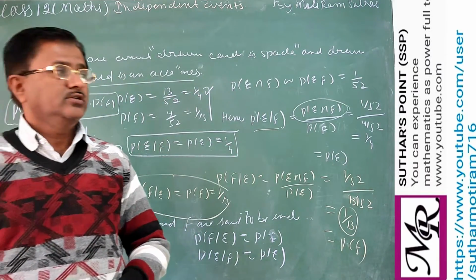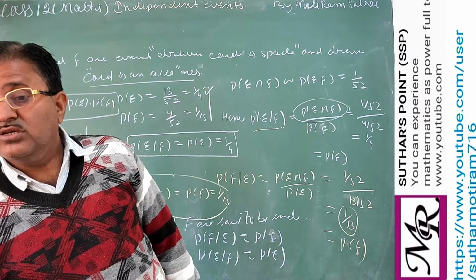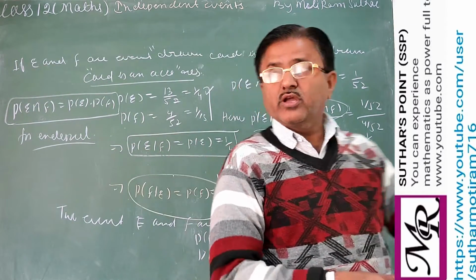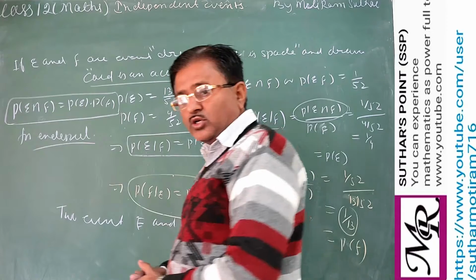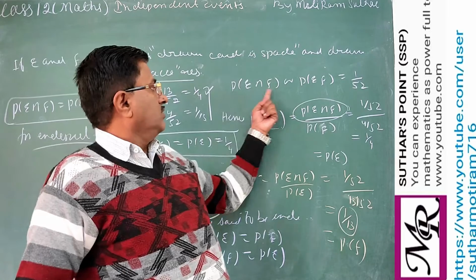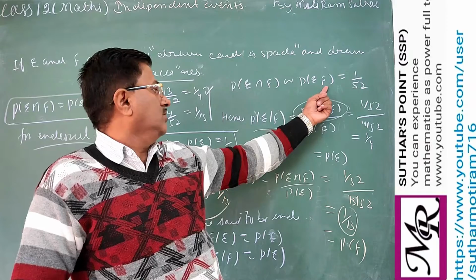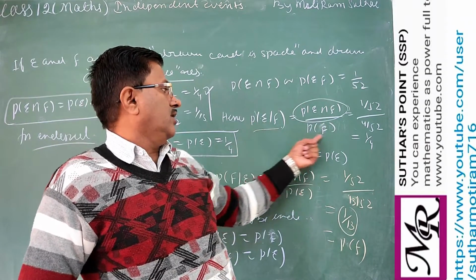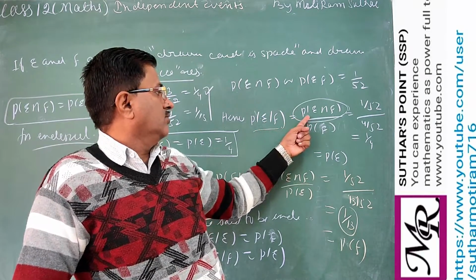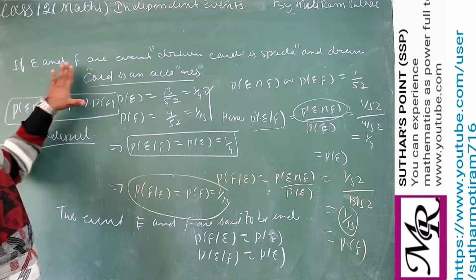Dear student, today we are taking the topic independent events. Here we see the meaning of independent events and dependent events, and how we can derive the formula for it. In the previous video you have already learned about events happening together, P(E ∩ F) or P(E|F), and also the conditional probability formula P(E|F), given by this. Now suppose we are considering two events E and F.